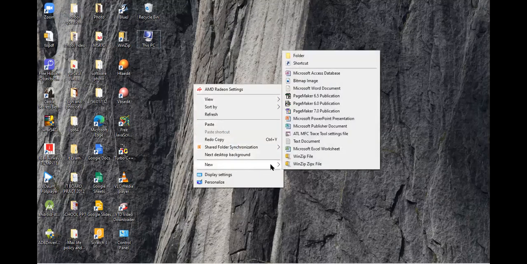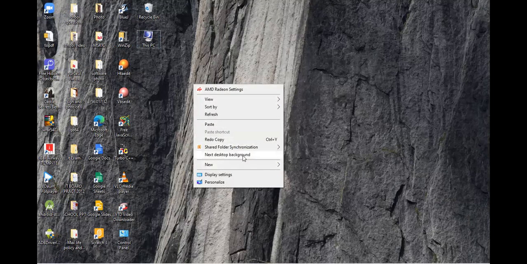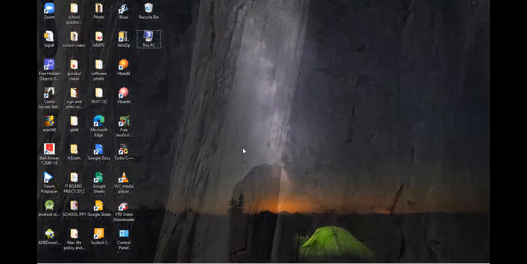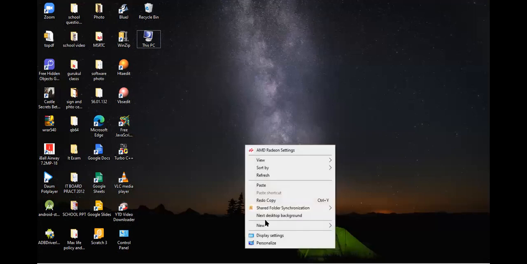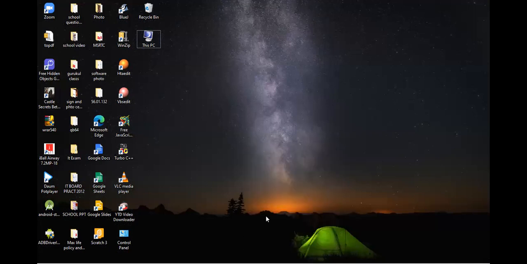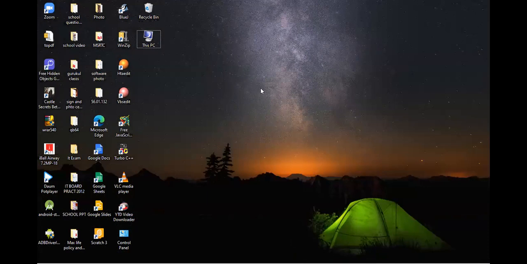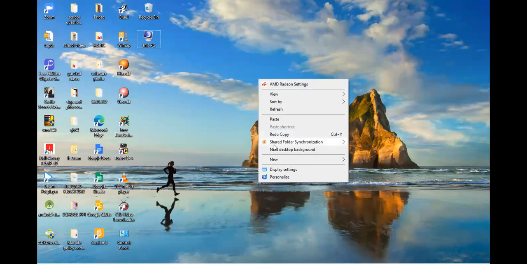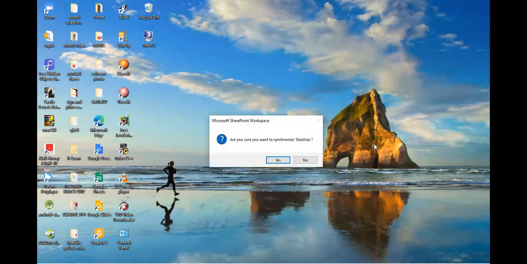Even you can change the background from here. Next, desktop background. You can see different backgrounds we can apply just by right clicking the mouse. Even you can synchronize the folder. What is the use of synchronization?